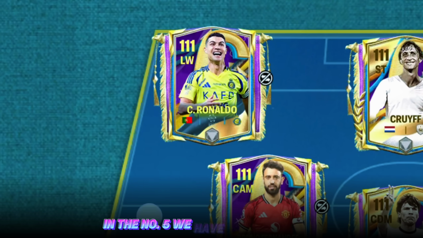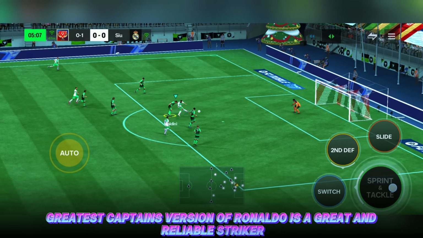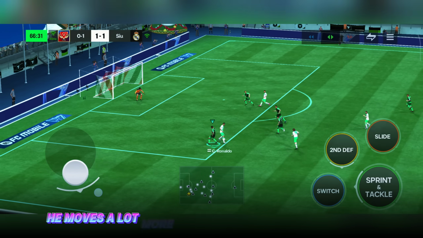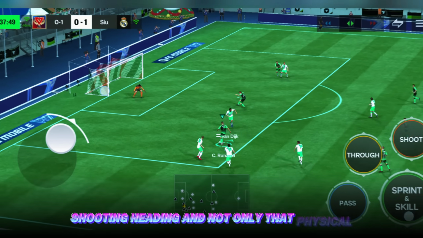In number 5, we have Ronaldo. The 111 OVR Greatest Captains version of Ronaldo is a great and reliable striker. He is very versatile and active as per work rate. He moves a lot here and there, and you can feel the activeness. Plus, he has a lot of abilities like dribbling, shooting, heading, and not only that, physical